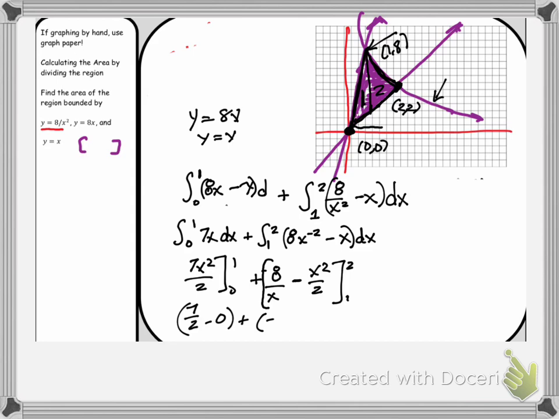Negative 8 over 2 is negative 4 minus 4/2, so 2, and then I have to subtract that from 8 minus 1/2. So you get 7/2, and this ends up being